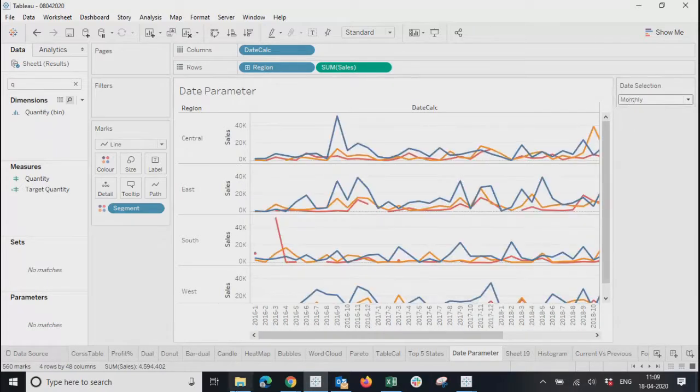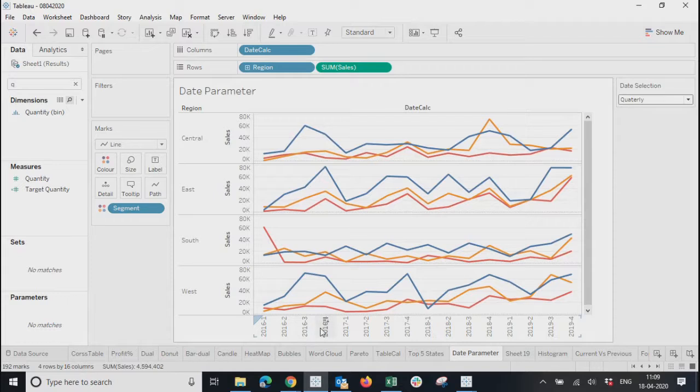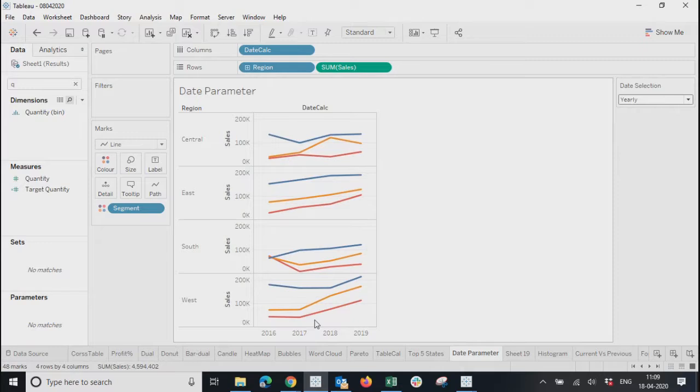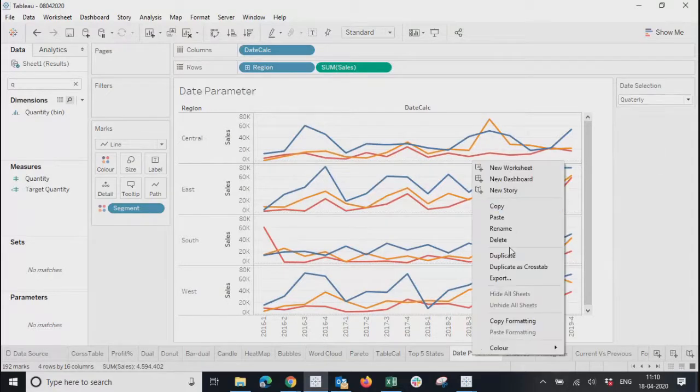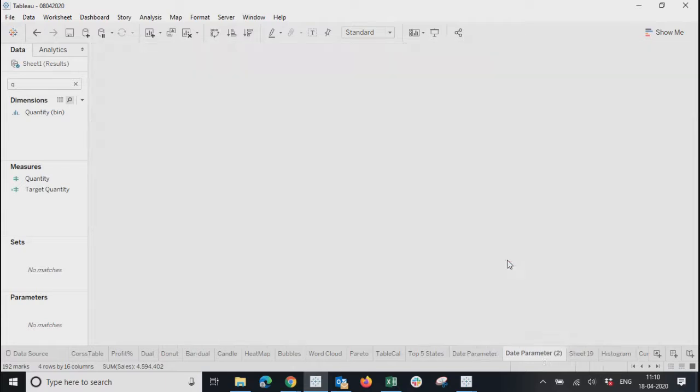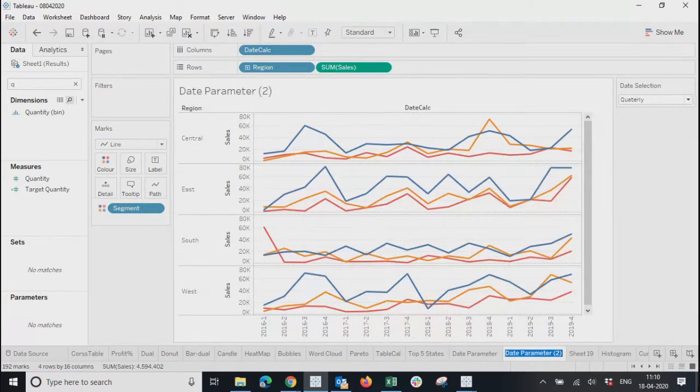If it is monthly, we were able to see year-wise months here. If we see year and quarter combination. If it is yearly, we were able to see the years over here. The sheet was clear, right? Okay. I'll make a copy of this. Let's say duplicate. And over here, I would say